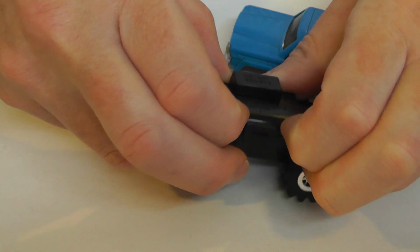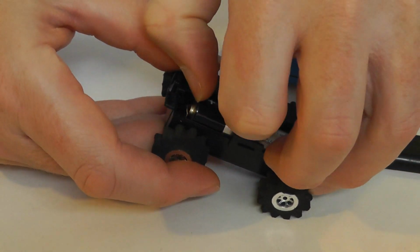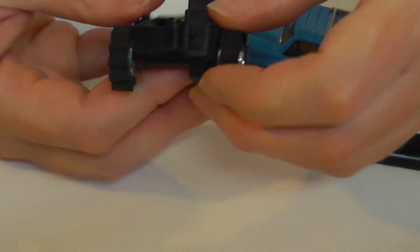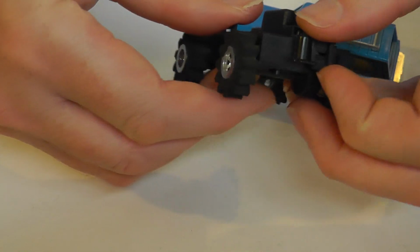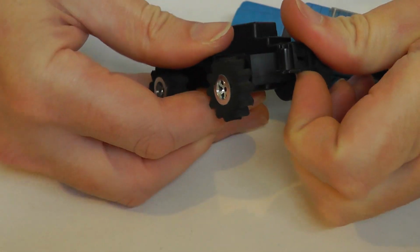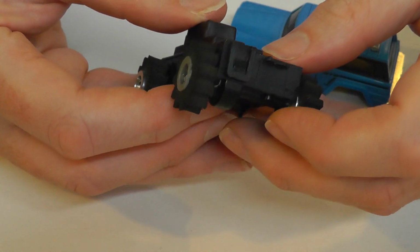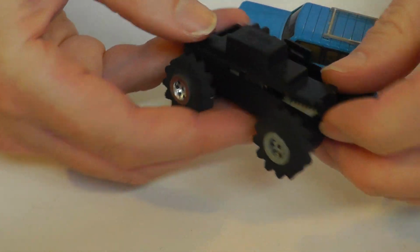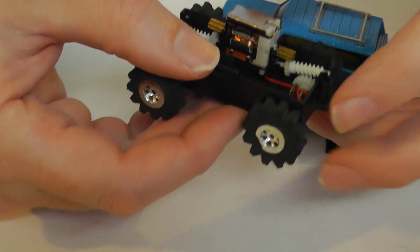Let me take that off first. There we go, battery compartment cover. There's your AA battery. I'll pull that out. And then you've got these clips here on the end of the motor and gear compartment. So that one's up. Let's go to the other end. And again, there's the clip. If I can get my finger into that, and then that pulls off,